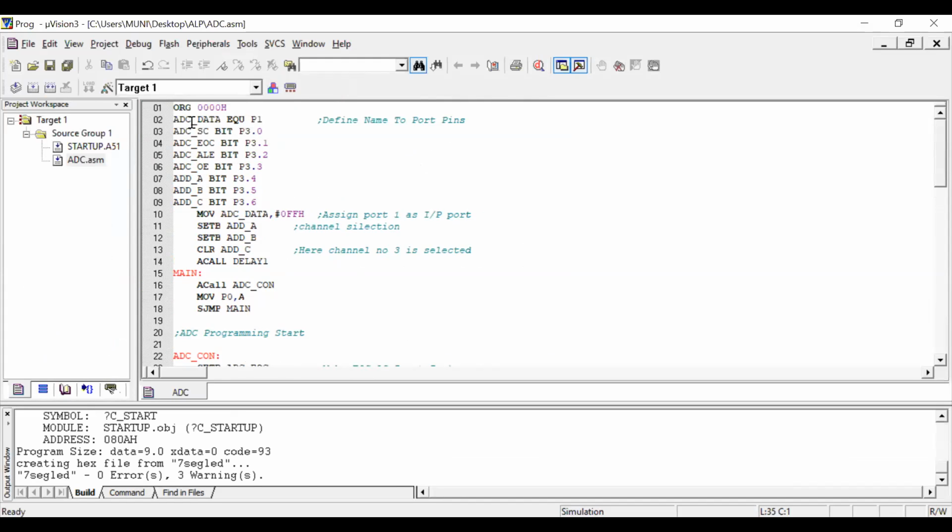After that, we initialize ADC data equivalent to port 1, and ADC start of conversion bit is port 3.0. Before going to write this program, we will verify the circuit. After that, we discuss this program, so that will give us a better understanding.